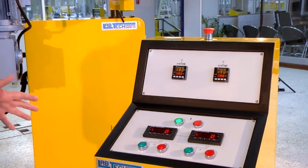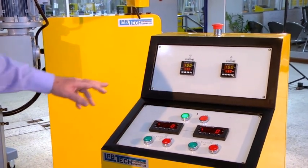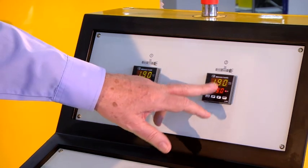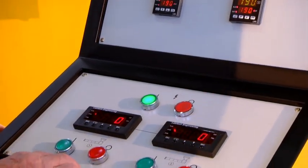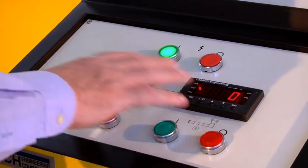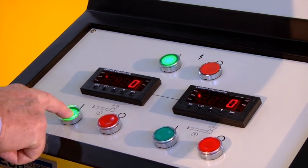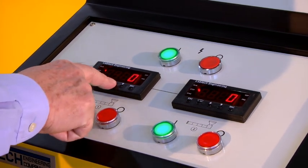And we also have this sort of central control unit where we can set the temperatures of the connecting pipes from the extruder to the die, here and here. And down here we can control the screw temperatures of the extruders apart from the control panels on the extruder. So if we press both of those, we can